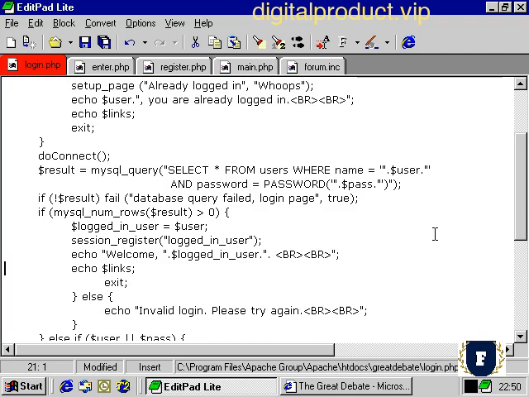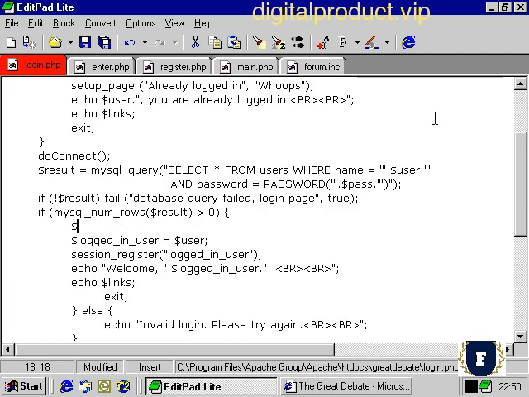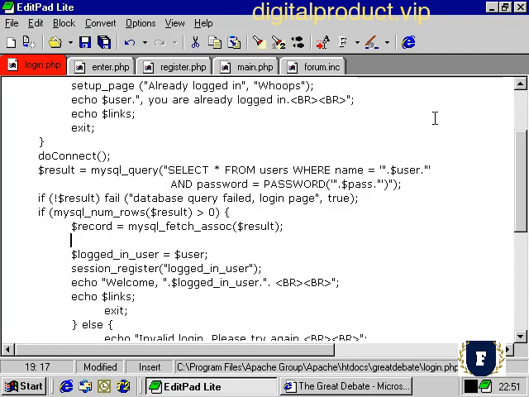Now, whereas before we didn't have to actually do anything with that data, we just had to make sure it was found in our forum version of these scripts. We're going to have to include a little line to take the data that has been found by the query and